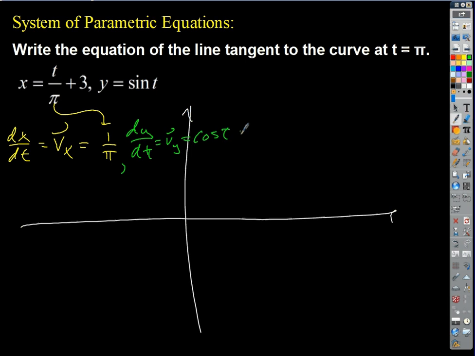Okay, and that makes sense, doesn't it? His speed is going to be doing this. It's going to be going up. From my perspective, it's going to be doing that. I can see it's going fastest maybe in the middle and slowest at the top and the bottom, which makes sense, doesn't it? Cosine is going to be a maximum at 0 and a minimum at pi halves and negative pi halves, right? Okay, so if we combine those two things,